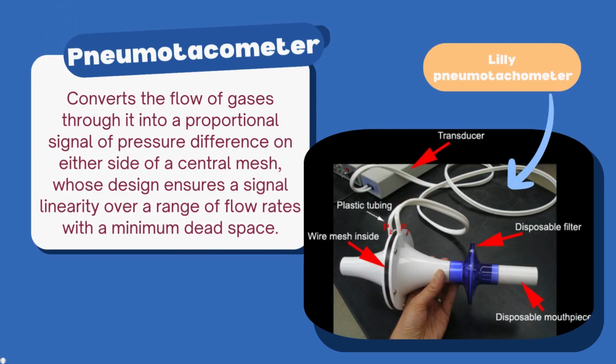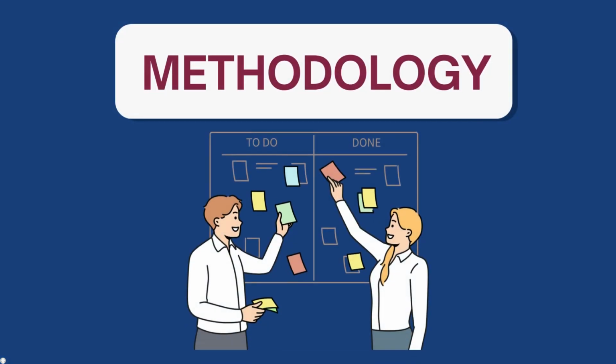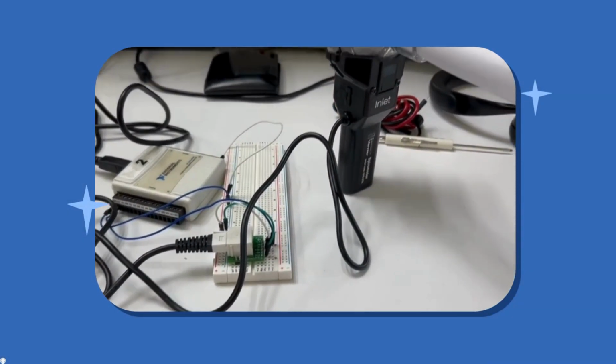Next, we can see a Lilly pneumotachometer. In general, the pneumotachometer converts the flow of gases through it into a proportional signal of pressure difference on either side of a central mesh, whose design ensures signal linearity over a range of flow rates with a minimum dead space. Here, the circuit developed to record the respiratory flow is presented, which consists of a Vernier brand spirometer